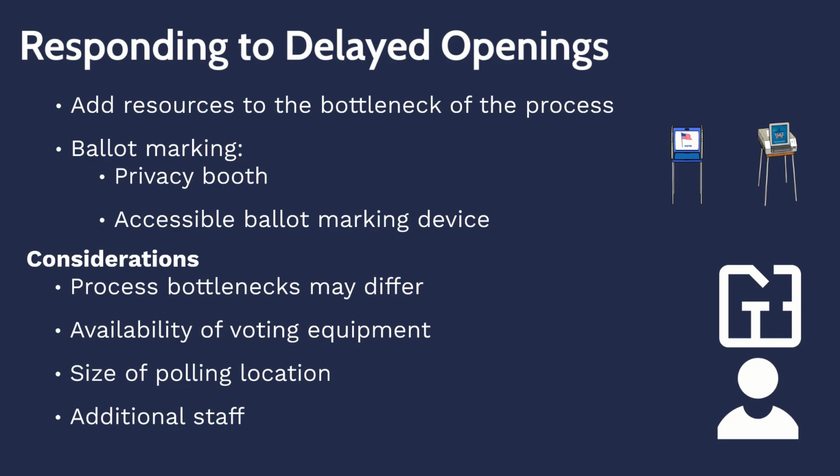Additional limitations to this strategy for addressing delayed openings are the availability of spare voting equipment and the physical size of the polling location. In some cases, additional voting equipment may not be available or must be relocated from less busy polling locations. When polling locations have a small usable area, it may be challenging or even impossible to set up additional equipment due to size constraints. In cases where check-ins are required, additional staffing would also be required to operate the added voting equipment,